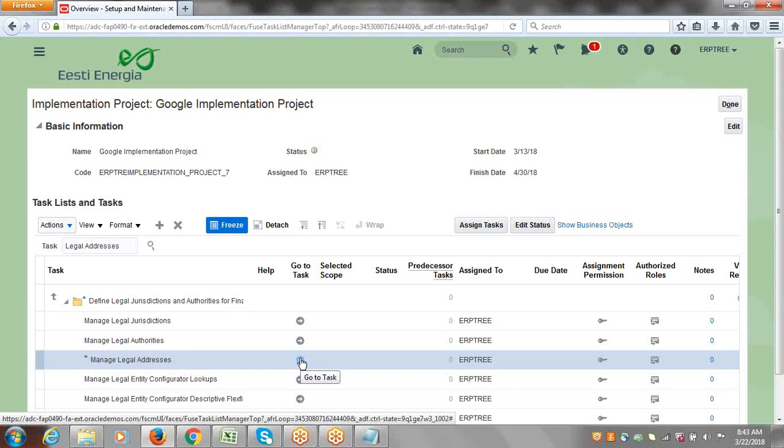the registration address. When you are running the company or entity, that has to be registered. So this would generally be the physical office address with which you register your company. It could be your head office or corporate office address. It totally depends. Okay, just click on the go to task icon,